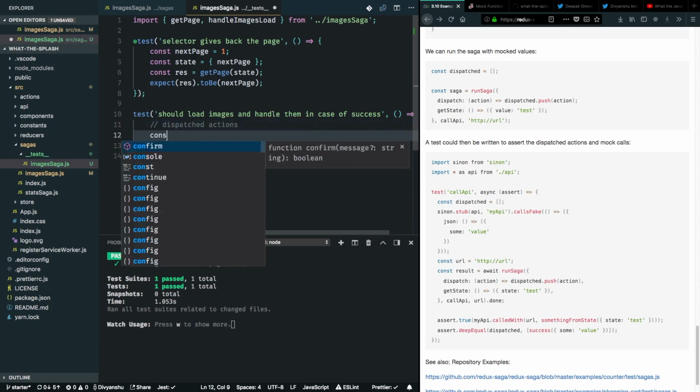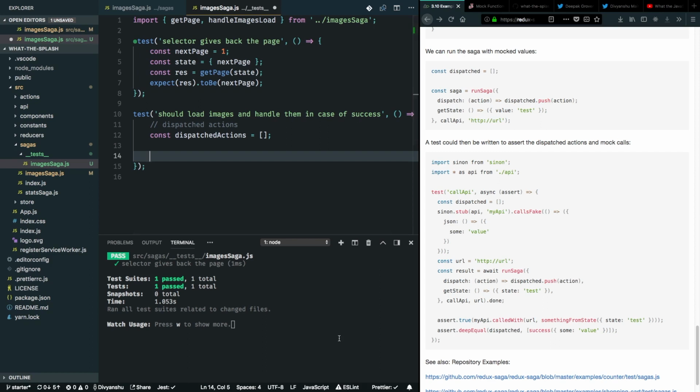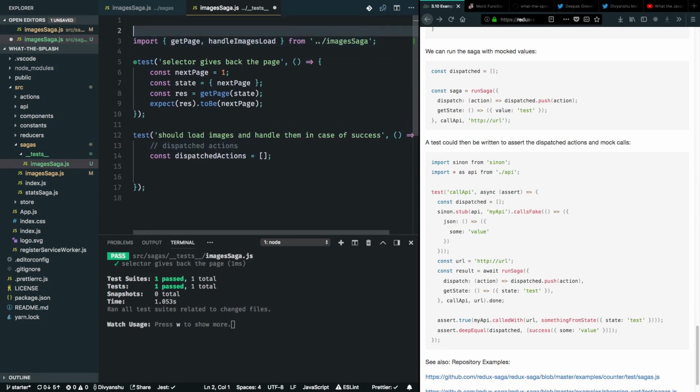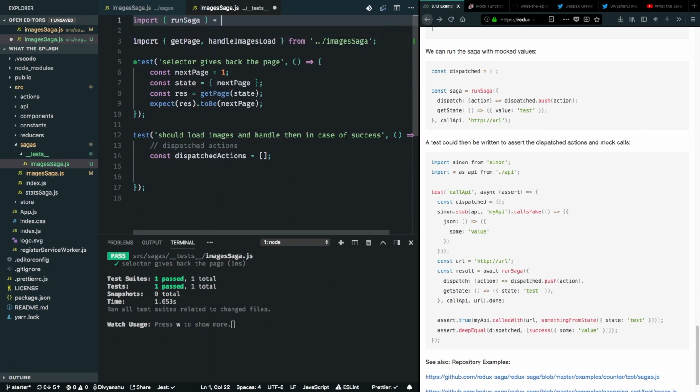So I want to create an array of dispatched actions, and initially it would be empty. And next we want to make assertions on a fake store. So the way to do that is that we import run saga from Redux Saga,